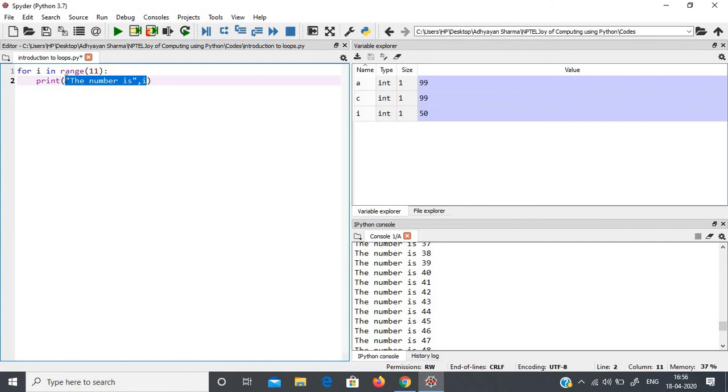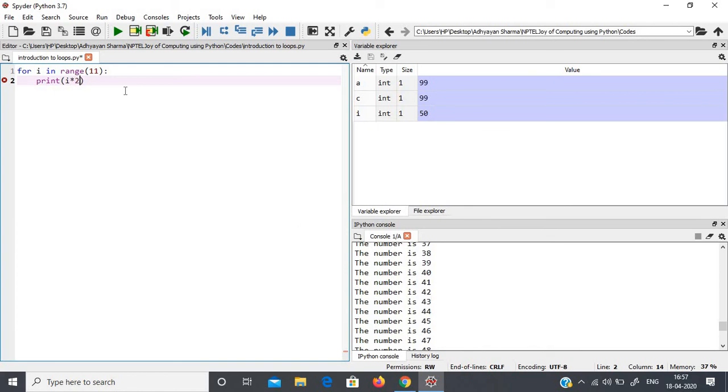What I will do, I will remove all this and write i, and after this multiplication sign, whatever number you want to show the table of. Suppose you want the table of 2, or 3, or 4, whichever table you want to display, you have to write the number here. So you have to write here the number that you want to show the table of.